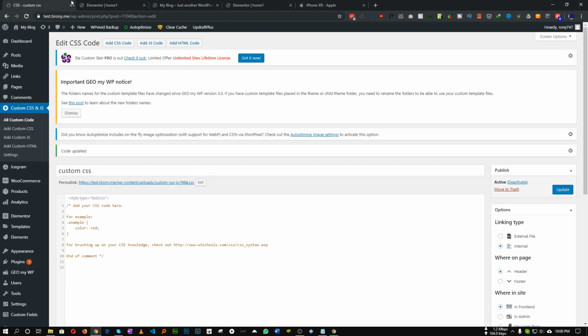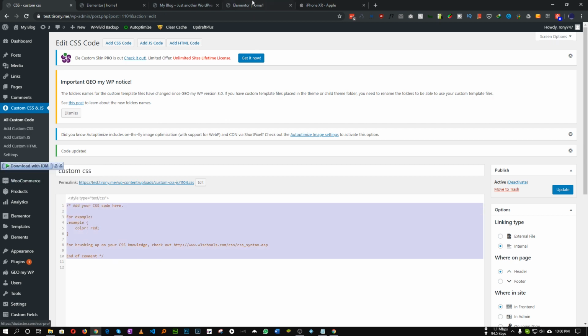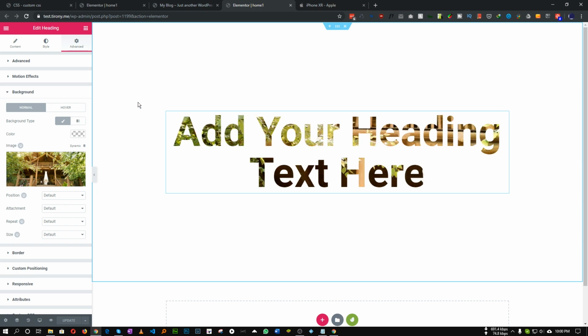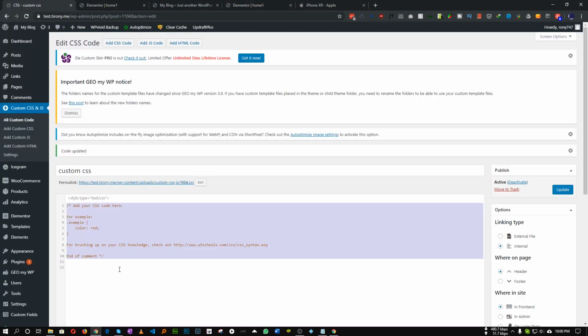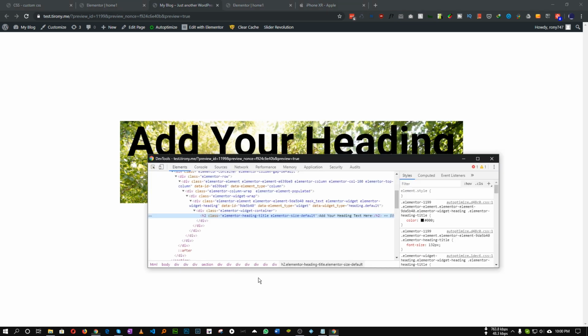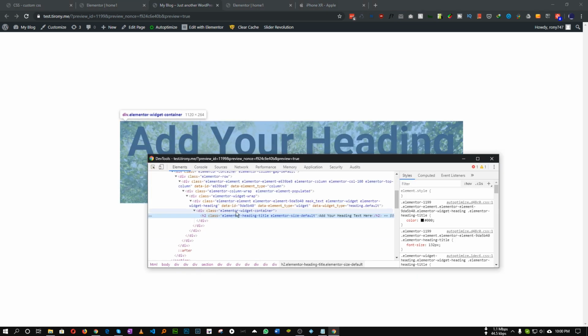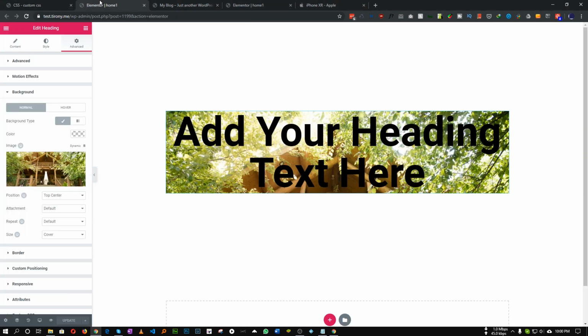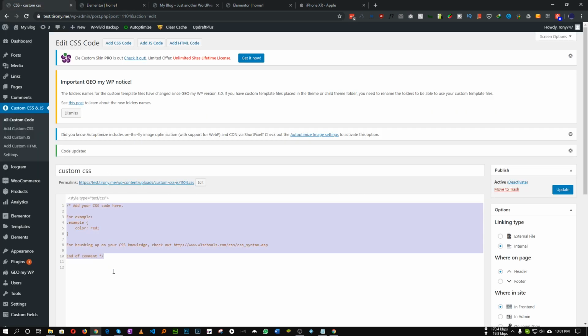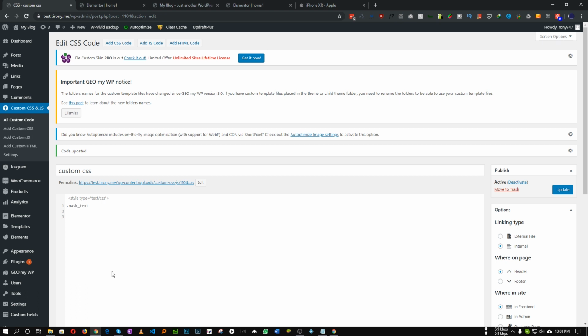So let's add some CSS so that we can make it just like this one. I will also show you how we can animate this. So that's pretty cool. First of all, if we inspect our heading, as you can see, there is a wrapper div called Elementor widget container. So we need to target that widget container first. The class of our text was mask text. So let's add mask text and Elementor widget container,